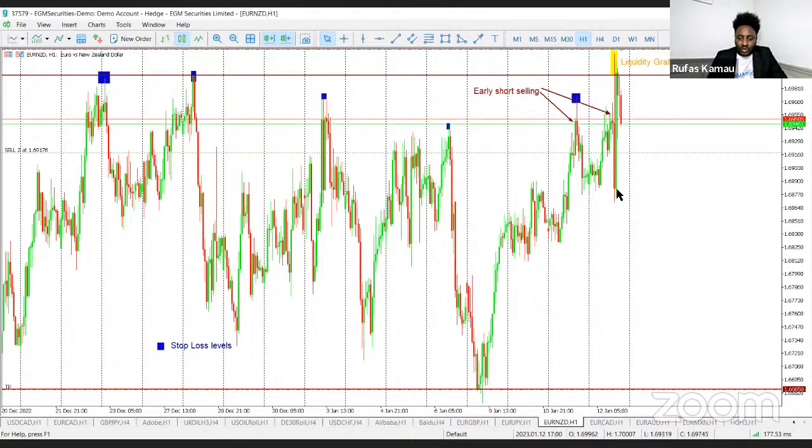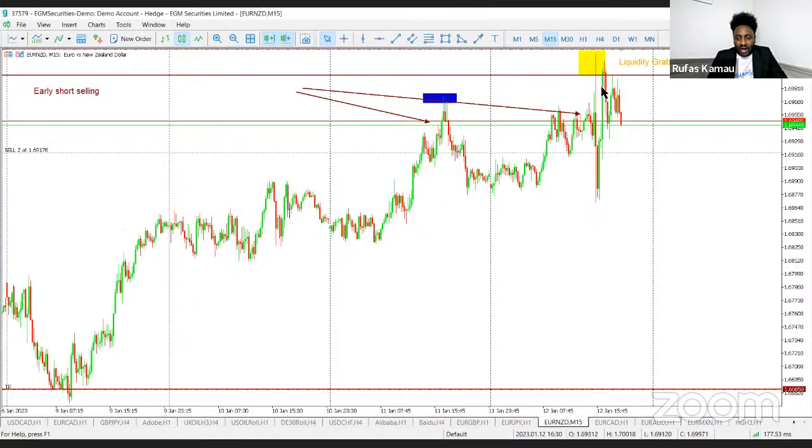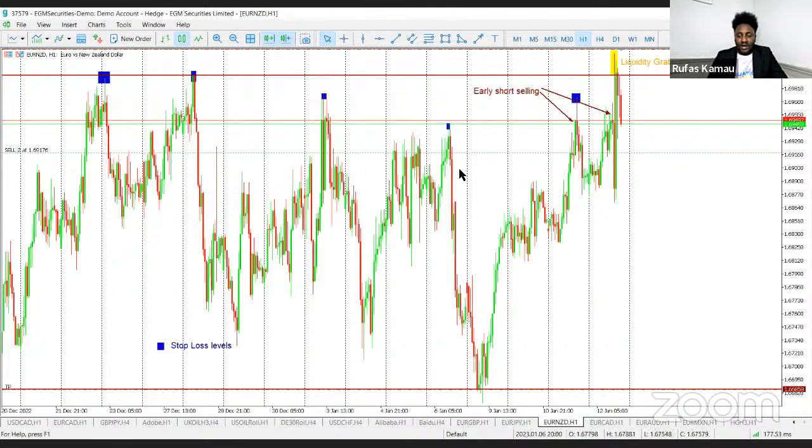Later on, we saw the market retesting the area, and now you can see it's slowly attempting to push further down after triggering these stop losses around that area. So you need to learn that skill. It's something that we have been doing in the community. Once you learn that, internalize it and use it to your advantage. So yes, it's a liquidity grab.